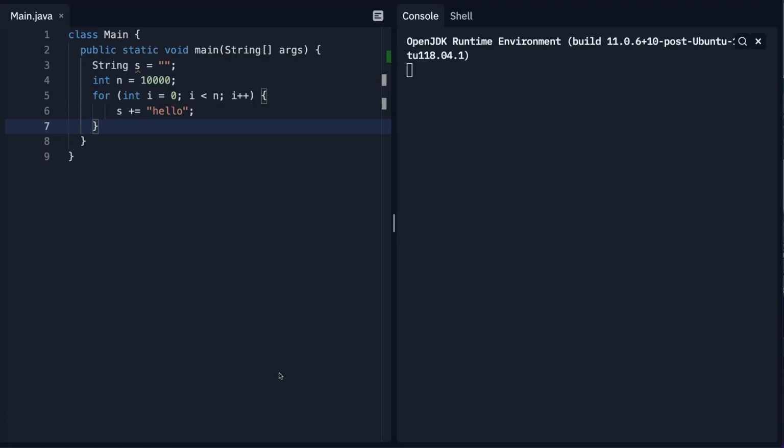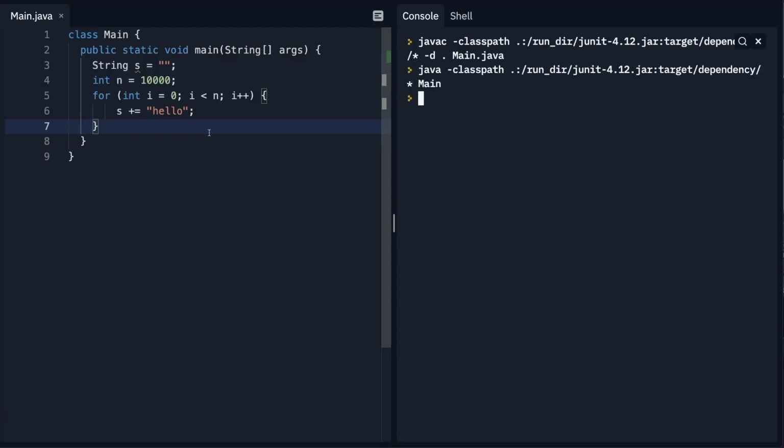In Java, since the string is immutable, concatenation works by first allocating enough space for the new string, copying the contents from the old string, and appending to the new string. Therefore, the time complexity is O of n squared. If we look at the problem in front of us, for n equals 10,000 we keep appending hello to our string, and this is a very slow operation. If we run it, we will see that it takes a lot of time, because every time we append, as I said, we need to allocate enough space and then copy the contents and then append.